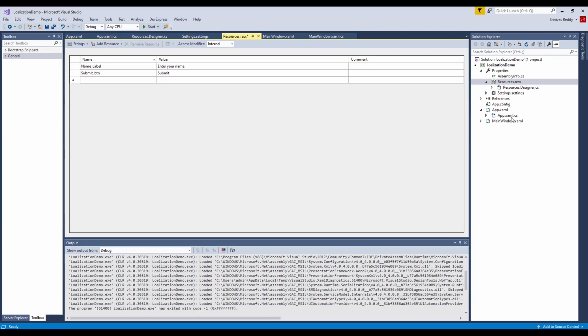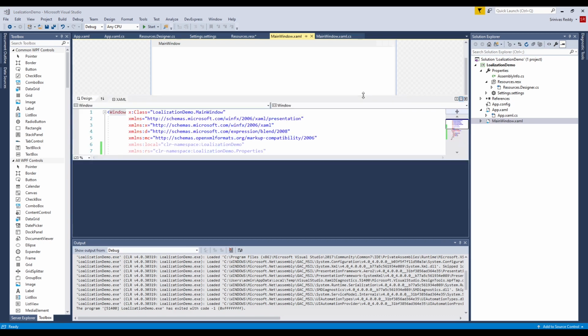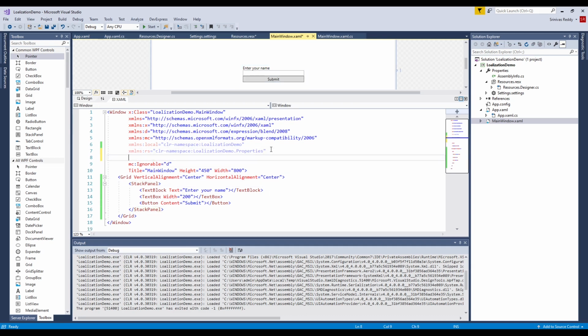Right, we have created two resources inside the Resources.resx file. Now we have to use these resources as part of our XAML design. So here the first thing that we have to do is refer to that namespace. For that purpose we can create a namespace like this: xmlns, clr-namespace, LocalizationDemo.Properties.